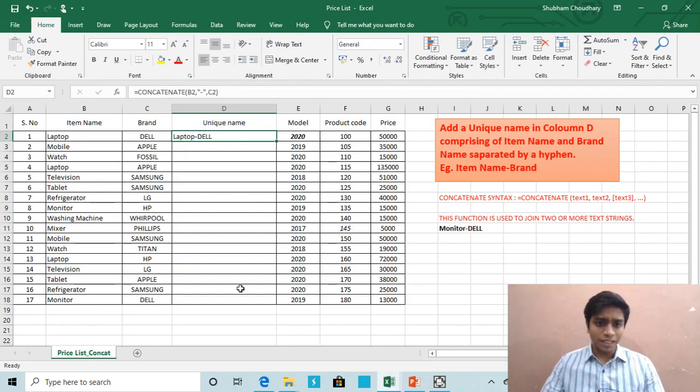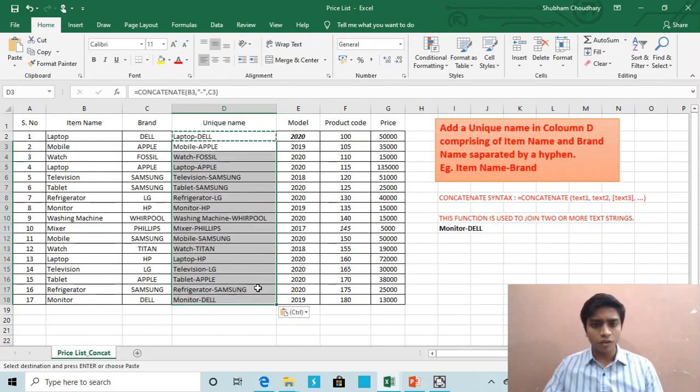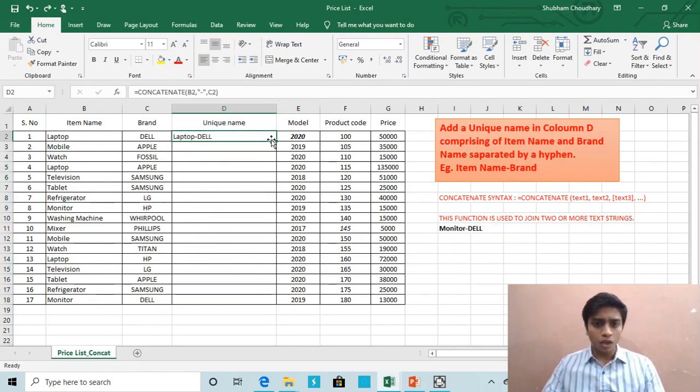Now we have to copy this formula or copy this function in all the cells. So either we can do Control C and Control V like this, or we can do a flash fill. We use the flash fill option in case our data is very big. For using flash fill, you have to go to the right bottom option of the cell.